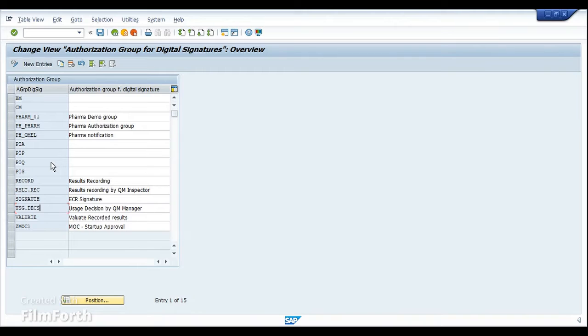This is basically an alphanumeric combination of code. We don't have any specific configuration behind this particular group. Okay, so here I have created result recording and usage decision. These two are the authorization groups I have created. Once it is done,